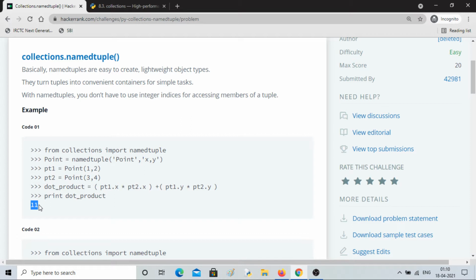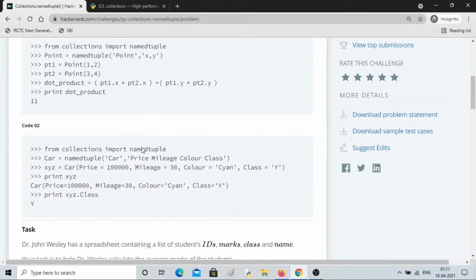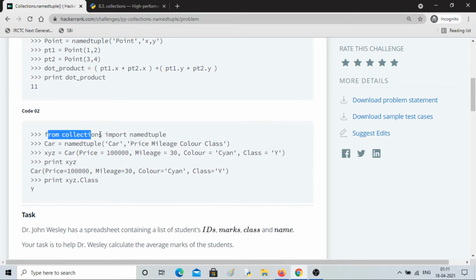So you don't actually have to use integer indices to access the members. You can see this directly, and in a normal tuple you have to access through integer indices only. Similarly you have another example where the library has been imported, then a definition has been given, it's called Car.